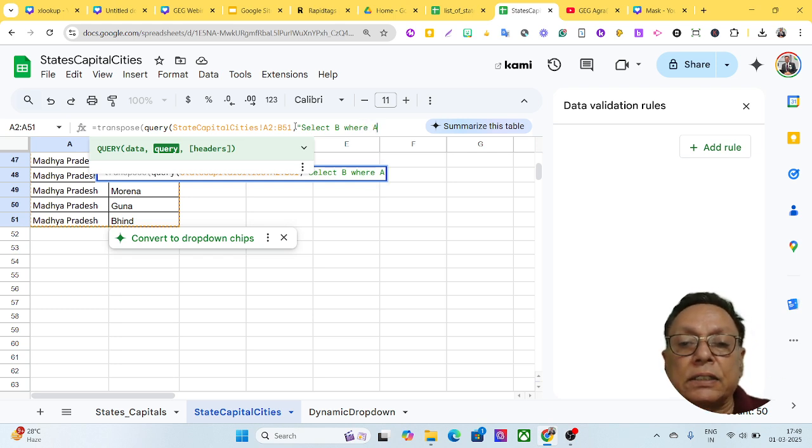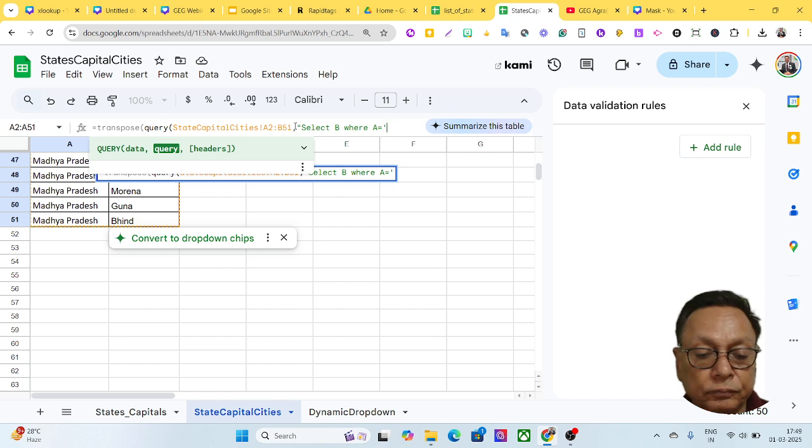The state is in the A column, so I'll take A is equal to, and it should be in double quotes,